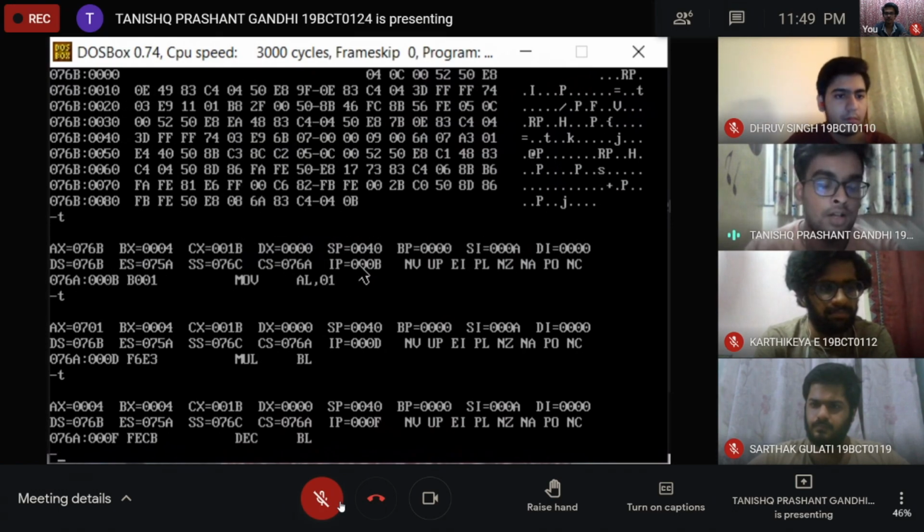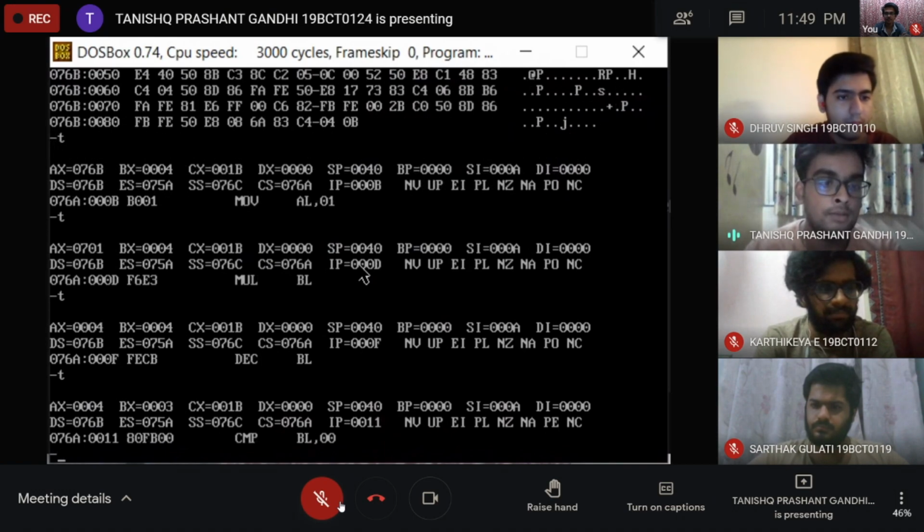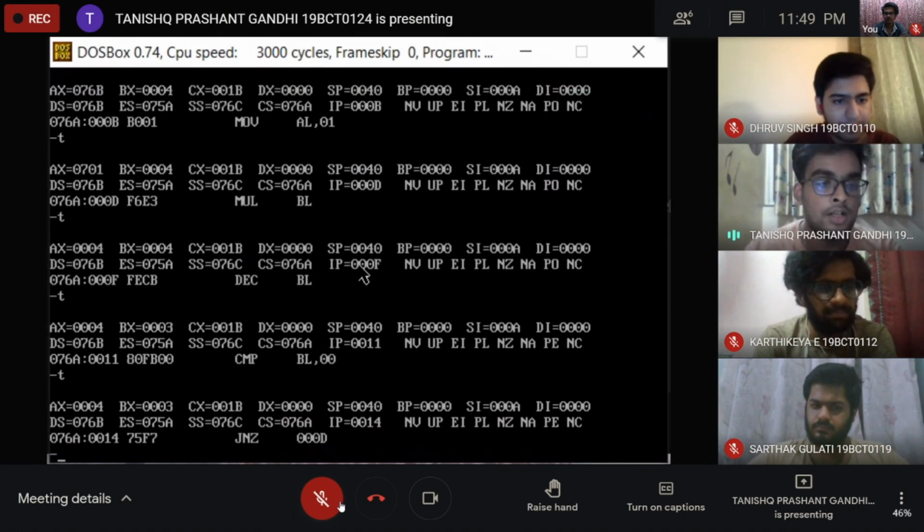Then it will decrement BL, so BL is 4, which will get decremented to 3. Now it will compare if it is 00. It's not 0, so it will continue to loop and multiply till BL becomes 0. I will continue tracing this part till our BL register is 0.